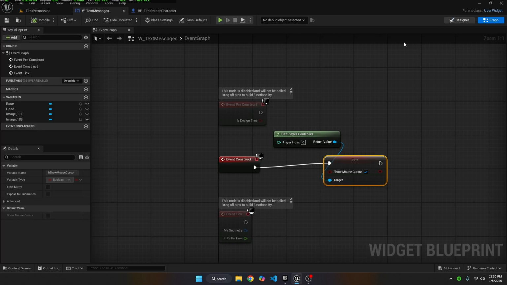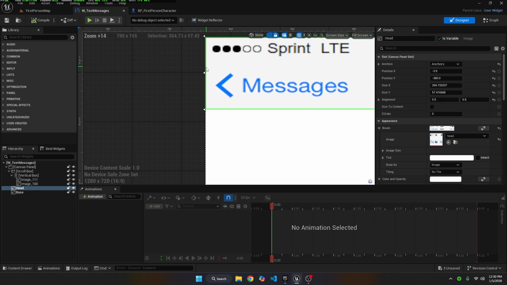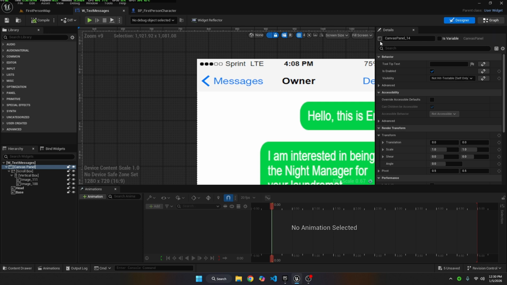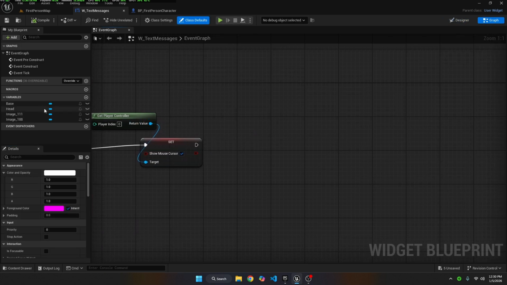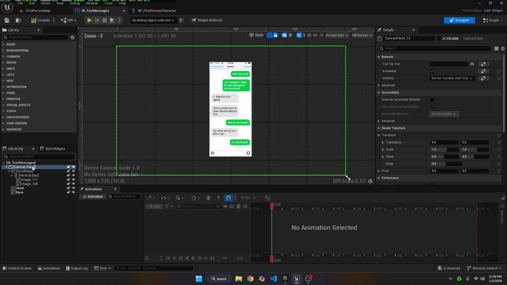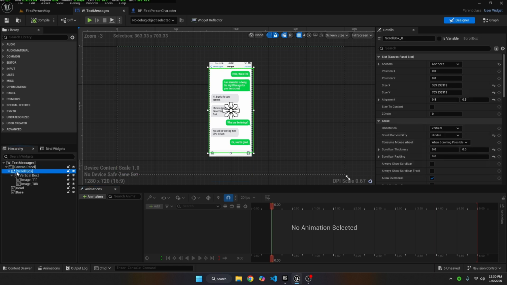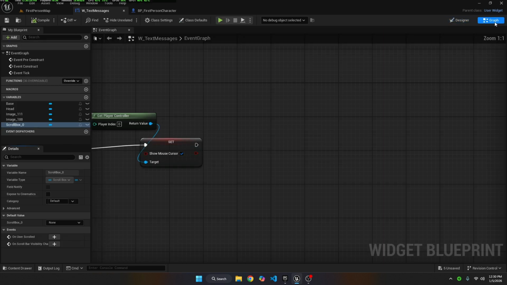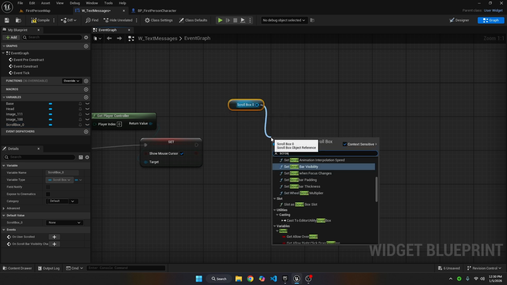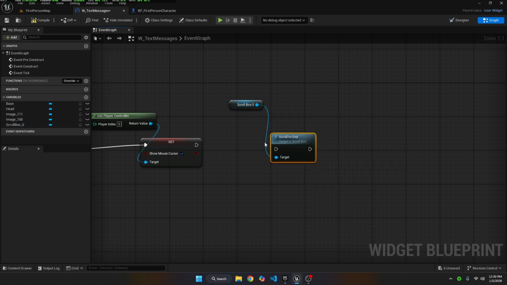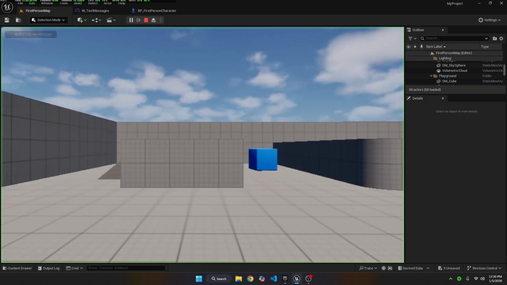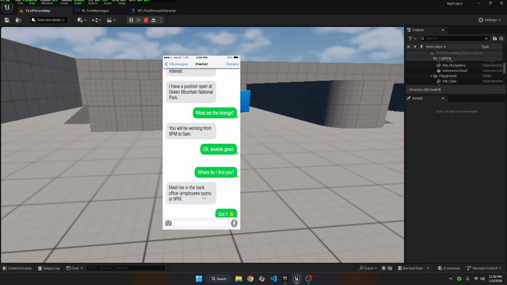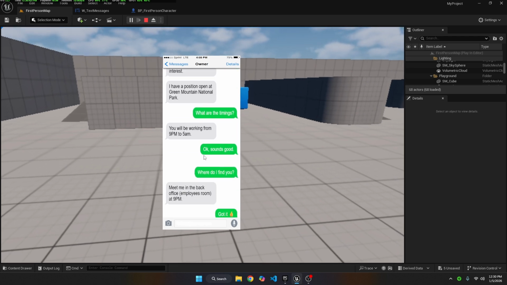So inside our text messages, we'll increase the scale of this a little bit, and then inside event graph on event construct, we want to go to the designer, and inside when we click on scroll box, we want to tick is variable, and we can save. Then in our event graph, we want to look for the scroll box, we want to get scroll box, and we want to scroll to bottom, scroll to end. We can plug that in. So when we replay this, it scrolls to the bottom, and then we can scroll up,